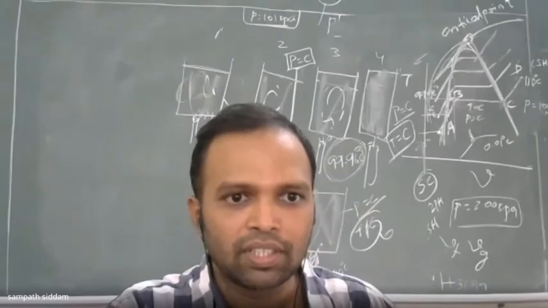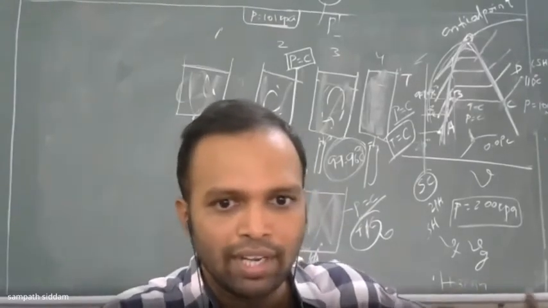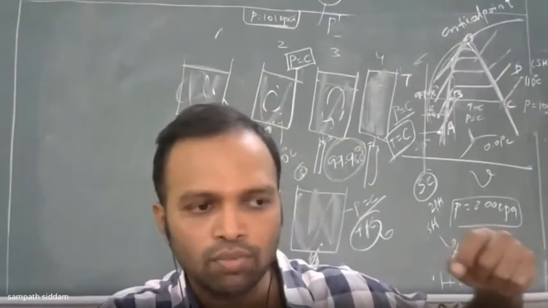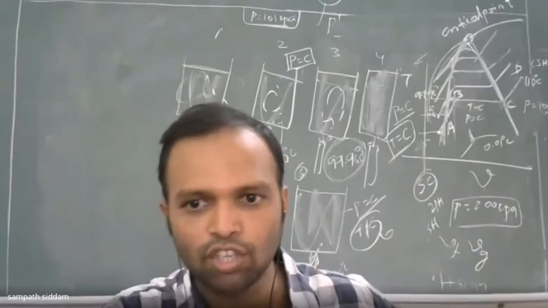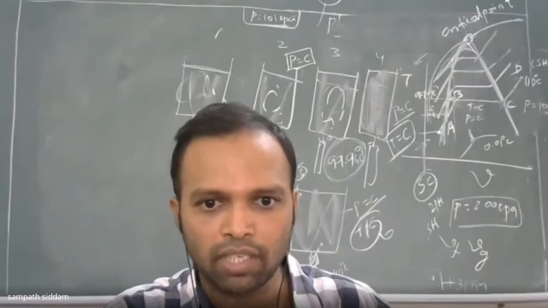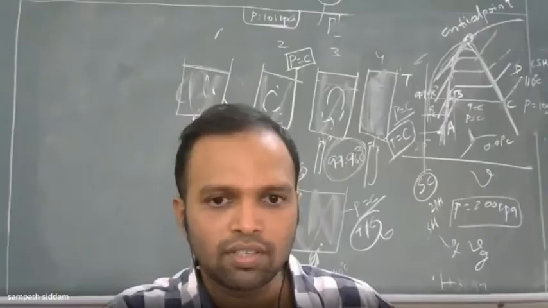Right, next one, the process 3 to 4, which I told you earlier, where your liquid was continuously changing into vapor. Their V4 converts into VG. It has been completely converted into vapor.